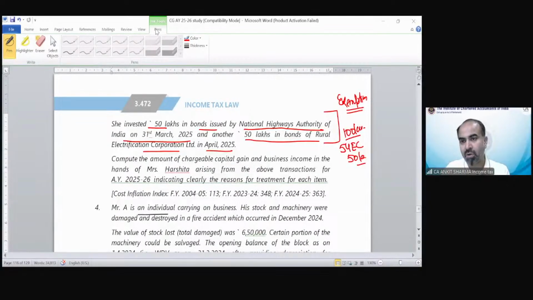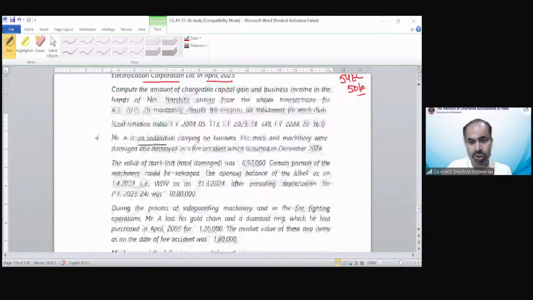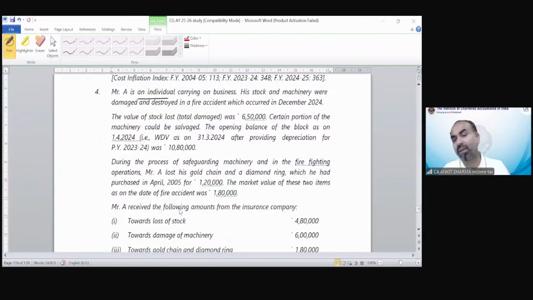Well done. Yes, all answers are correct. Very well done. Now question number 4 is here. Again, this is also regarding conversion of capital asset into stock in trade, but it has something very interesting, a different kind of question. It is not a conversion case, it's a destruction case. Okay. So question 4 is saying,